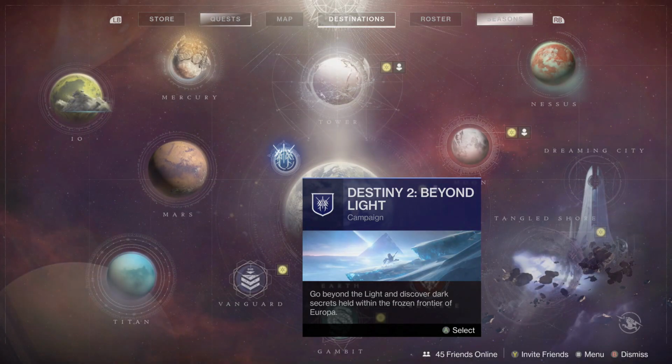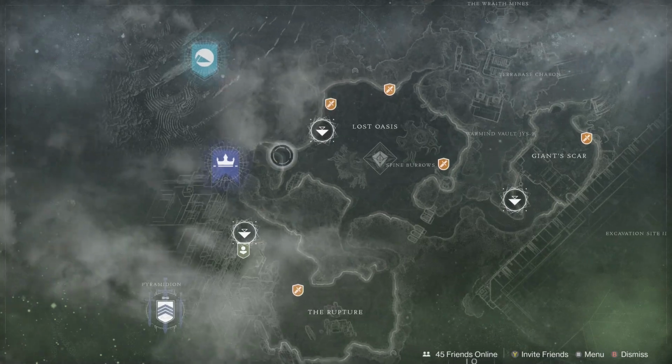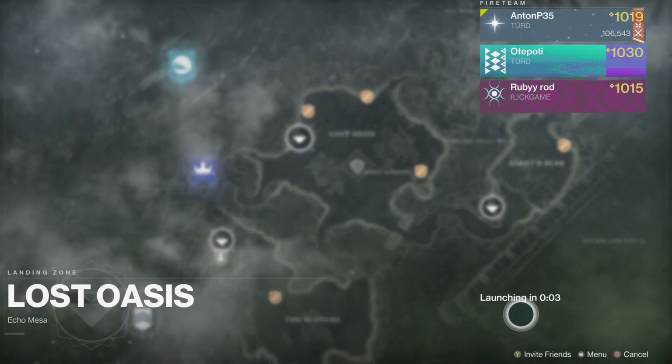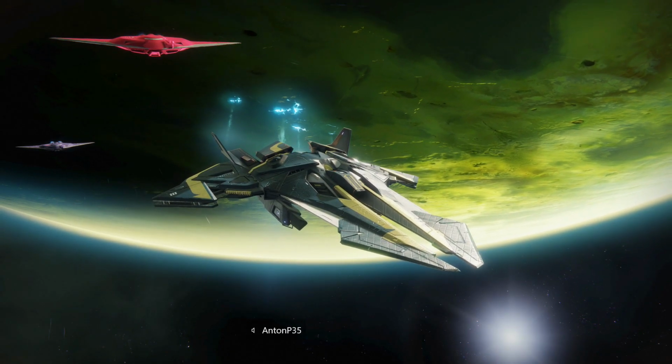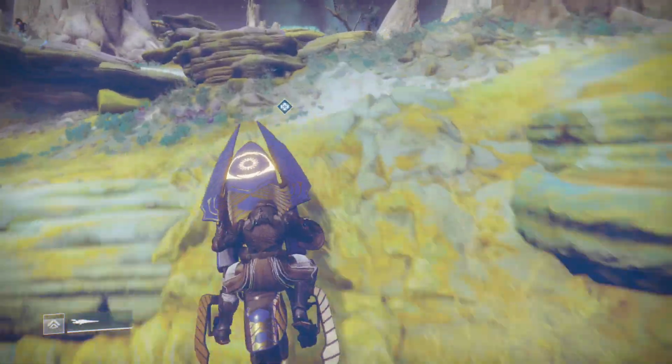So currently we only have access to the IO Contact event. There will be one on Titan, I believe, as it is in the Triumphs, but for the moment we're just using this one. The glitch should still theoretically work on all of these events as long as it doesn't get patched by Bungie. Thankfully, these events, if they aren't active, do have a public event flag near them,